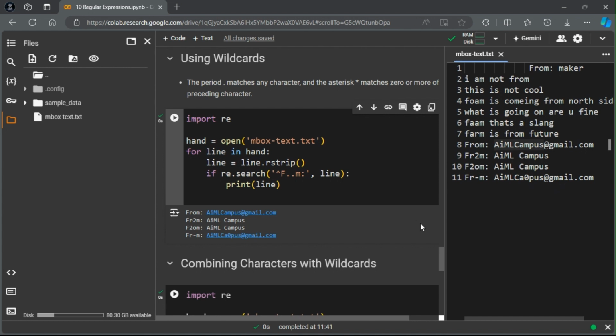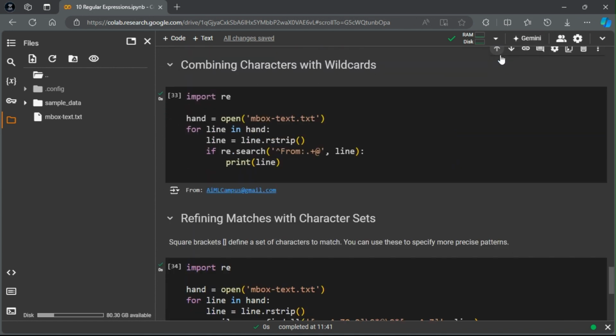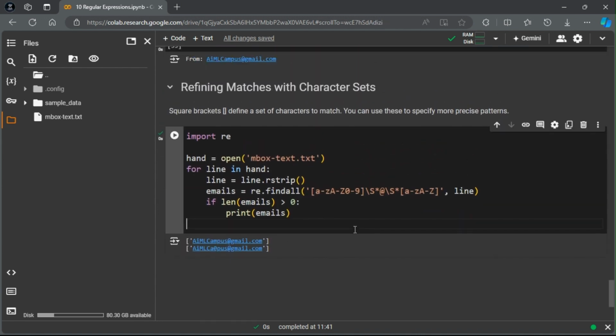After that we have combining characters with wildcards. Over here we are going to use a "From" that starts with, then any character, and then plus the at sign. With the at sign, it will get the email ID, and that's over here. And then after that we are refining matches with character sets. Over here we have the findall method, and using this we can print the email IDs. We are using these character sets to filter so that the string should only be characters with a number in it, and the string at the end of it should be only characters, not with a number. Like it can't be